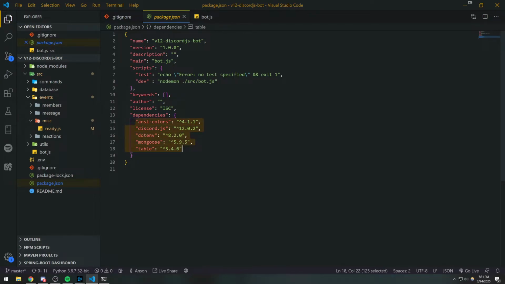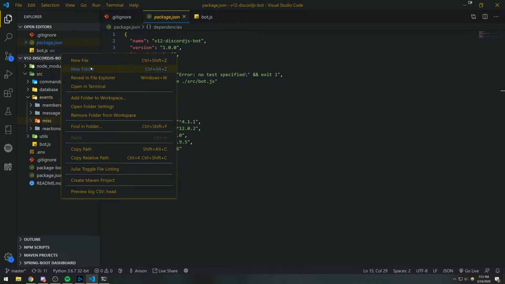Okay, in my case, I have 5 dependencies. So if it's not listed here, just make sure you reinstall it again using the npm install command, or npm i for short. Okay. And with that being said, the last thing that we need to do is we need to